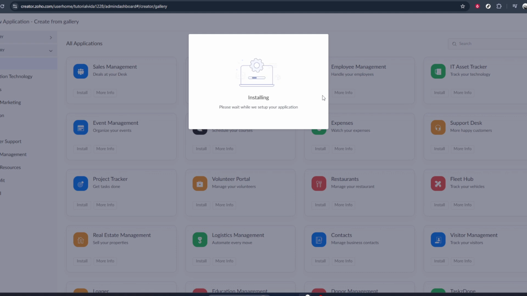Once you've made your choice, Zoho Creator will guide you with on-screen prompts. These prompts will walk you through steps like naming your application,